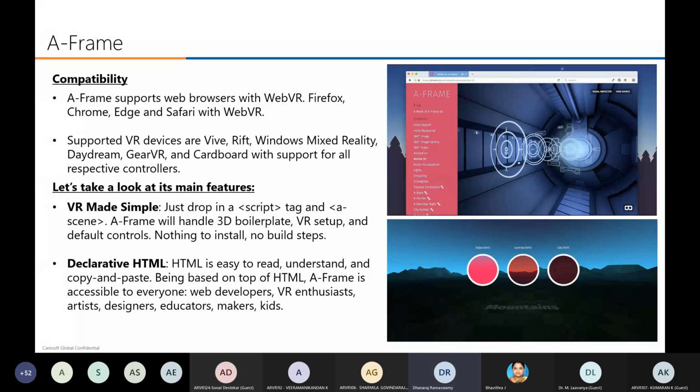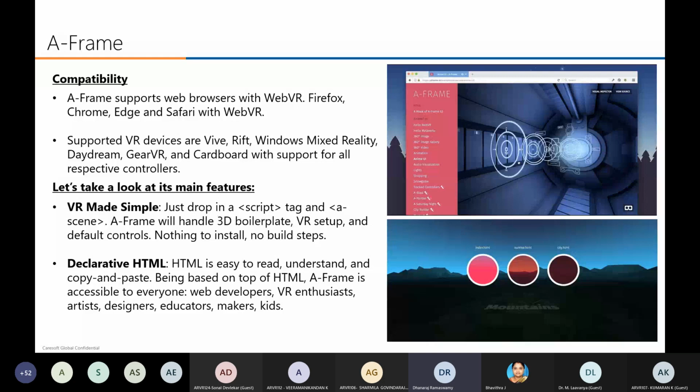So the A-Frame compatibility is that A-Frame supports web browsers with WebVR. As I said in the previous slide, it should be compatible with WebVR: Firefox, Chrome, Edge, and Safari with WebVR. So if you want to run a VR application in a browser, you can use any one of these browsers: Firefox, Chrome, Edge, and Safari with WebVR.